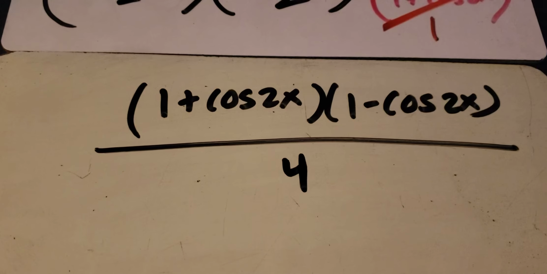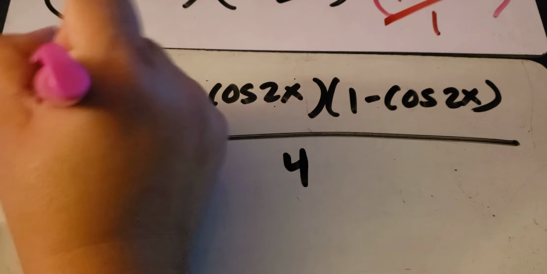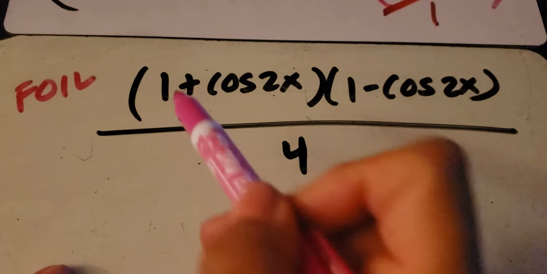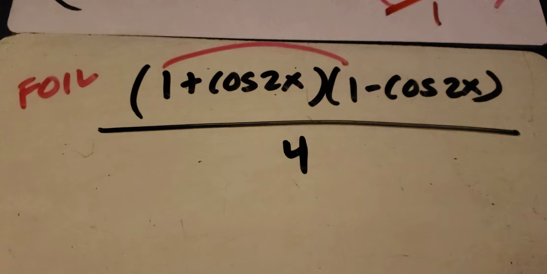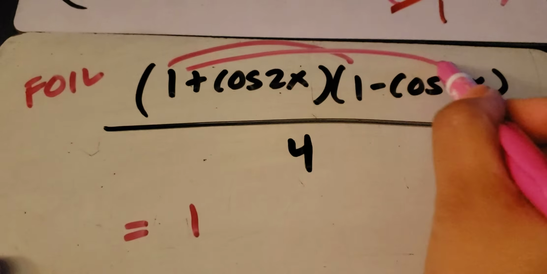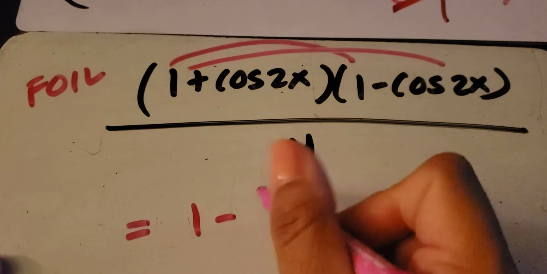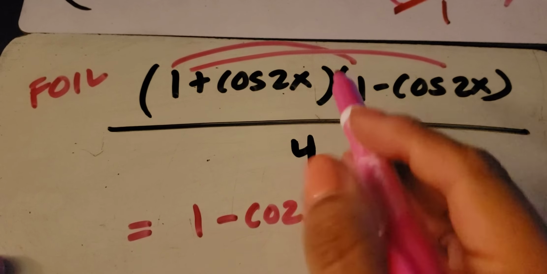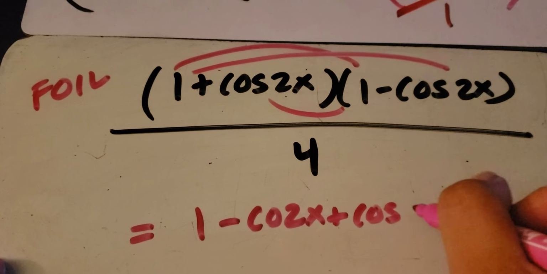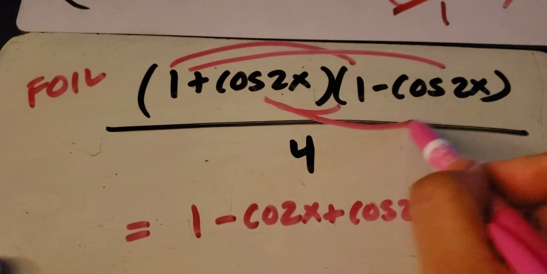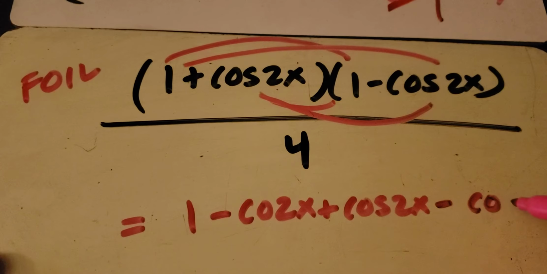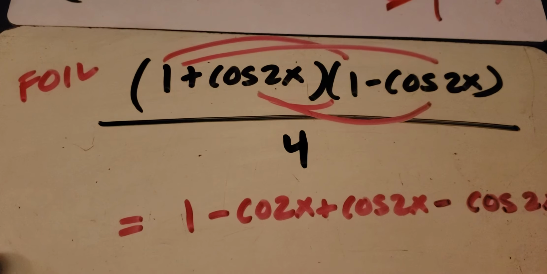Now, what's next? We're going to do FOIL. I'm actually going to go through this one with you so you don't get confused. This is first, so that's 1. Outer: negative cosine 2x. Now inner: positive cosine 2x. And then last, ready? Negative cosine 2x